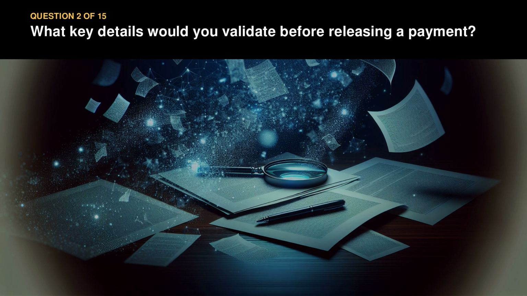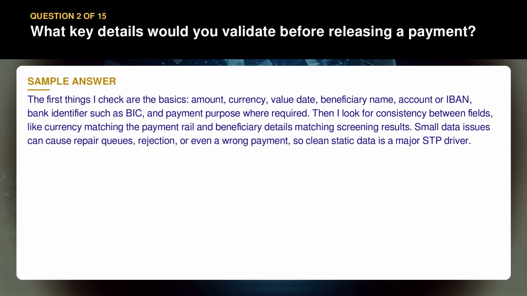Question 2. What key details would you validate before releasing a payment? The first things I check are the basics: amount, currency, value date, beneficiary name, account or IBAN, bank identifier such as BIC, and payment purpose where required. Then I look for consistency between fields, like currency matching the payment rail and beneficiary details matching screening results. Small data issues can cause repair queues, rejection, or even a wrong payment, so clean static data is a major